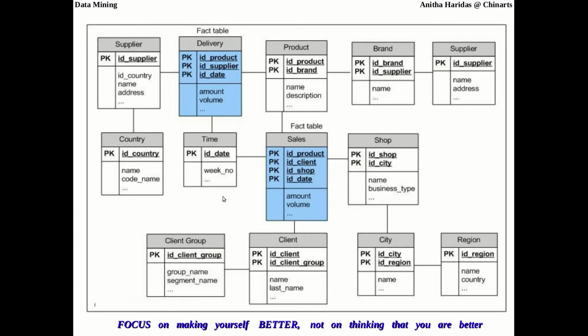I'll show you an example. See, I have delivery information as one fact table, sales information as another fact table. Now you can observe here the delivery information is using the product dimension table. At the same time, the sales fact table is also using the dimension table called product. So this table is shared by two different facts.